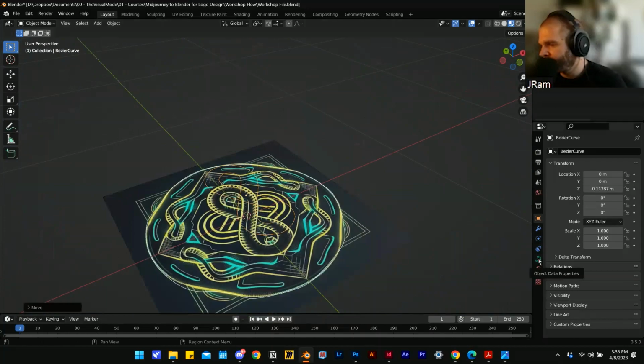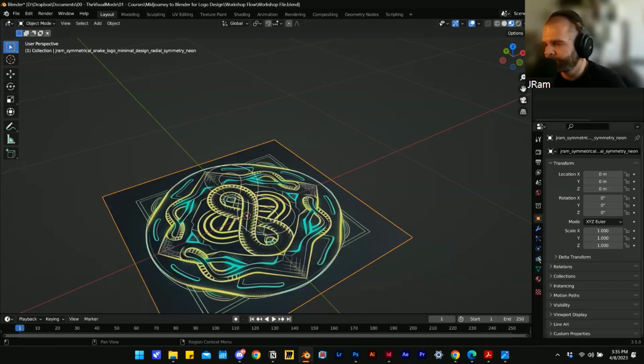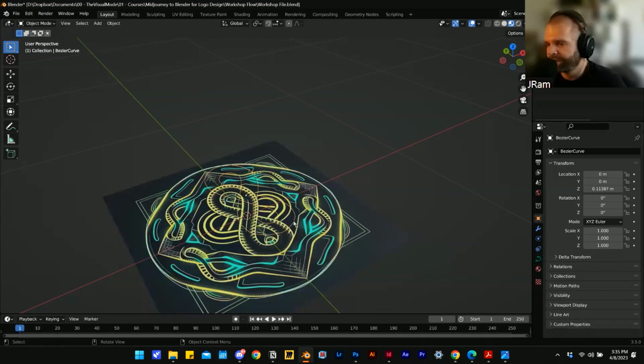Where we're going to go is over on the right-hand side. This is where our properties are. We haven't talked about this yet, but this is basically how we edit properties for pretty much anything. Depending on what I select, if I select this curve in object mode, I get some curve properties and material properties and a bunch of other stuff. If I select a plane, I get some of the same properties, but it changes a little bit because it is a mesh. So there's a curve and a mesh, and then lights and cameras will all have their different